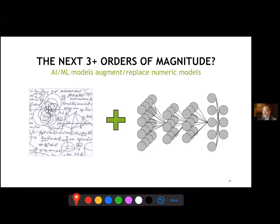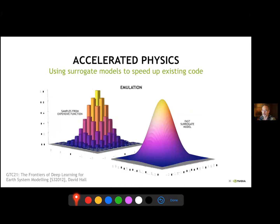And you can kind of intuitively see that they have to be extremely capable when you look at many of the things that they've demonstrated, and you think about how you would even begin to approach writing a function that could do that. You can imagine that this learned model capability could be extremely flexible and capture a lot of interesting physics. So the idea is, at least in part, to either use real data to train a neural network and possibly even discover some physics truths, if not at least be able to encapsulate them in an inexpensive and efficient model, or to use, as I said, a numeric model to generate